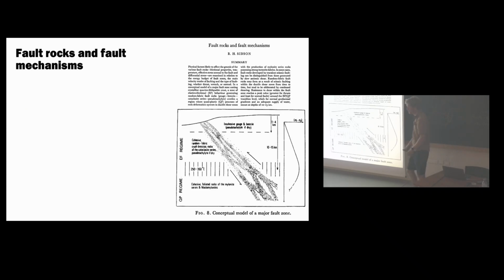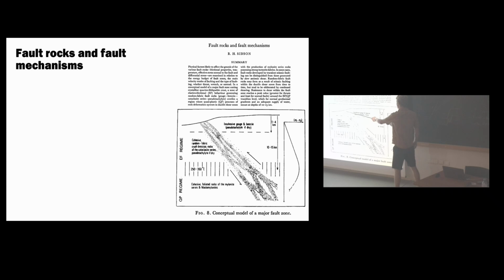Right. So, stepping back in time a little bit, fault rocks and fault mechanisms is something that geologists have described for a long time, and tried to think about what different fault rocks might mean about mechanisms in faults. Simpson 77 kind of said a lot of what we're saying now and had this idea that,